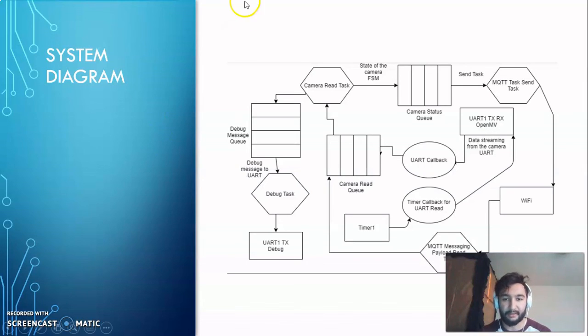So we have here in the beginning, the camera read task is basically the driving task of this program. Here it's going to receive messages from MQTT, and they will be put directly into the camera read queue by the MQTT task. These messages will be deciphered by the camera read task based on the color of the object, or whether we're looking for the station or an object of a particular color, and that will then adjust the camera read task to then spit information back into UART